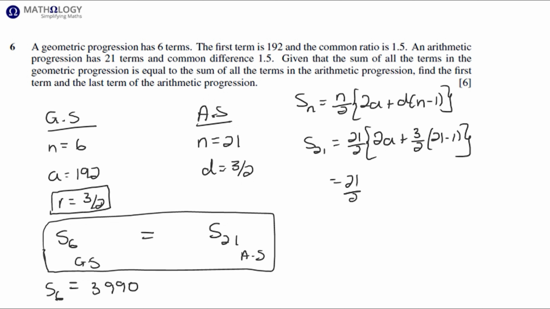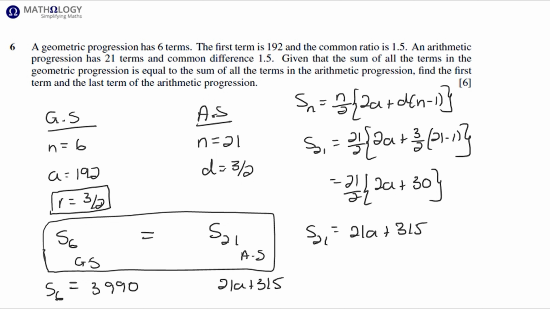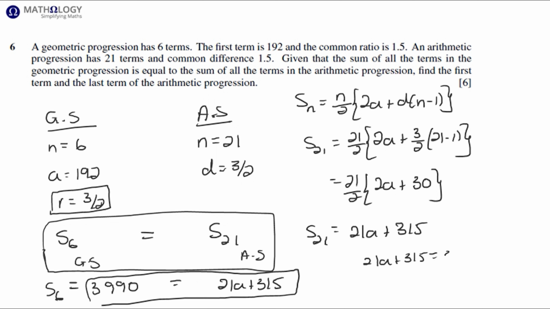So that equals 21 over 2 times 2a plus 20 times 1.5, which will be 30. So that equals 21a plus 315, and that's the sum to 21 terms. So 21a plus 315, and these two expressions are now equal. So 21a plus 315 equals 3990,